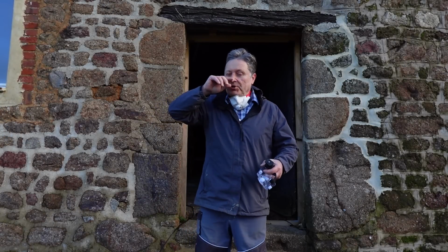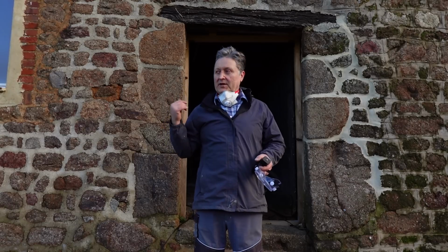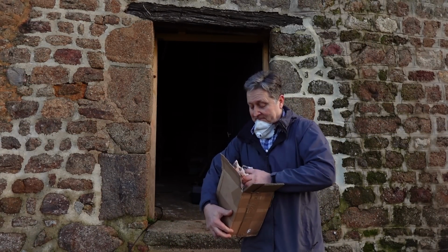Yep, they're coming up the tree. Right, while the dust settles, I'm going to go inside, get that little parcel that I told you about for the cottage, and we'll take a closer look. And here it is. Nothing spectacular, but